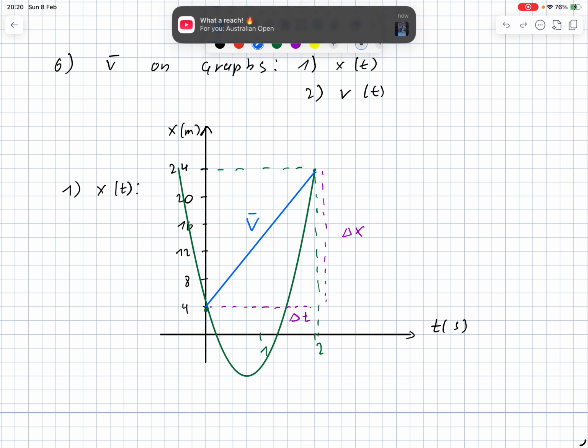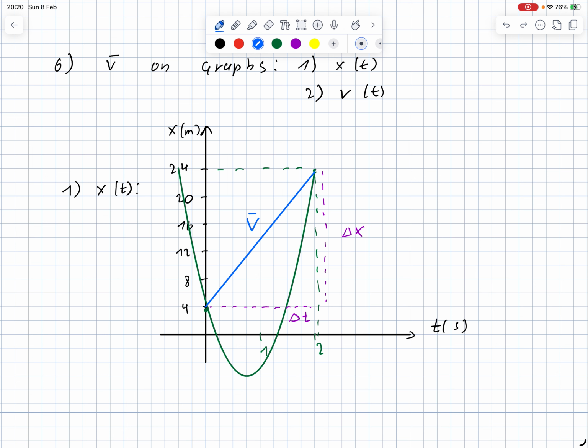I know that the initial position of this object at time 0 seconds equals 4 meters, and the final position at time 2 seconds is 24 meters. Okay, and if I want to calculate the average velocity, it's actually this straight line from initial position to final position. And as you can see, the slope is defined by delta x, which is 24 minus 4, which will give you 20, divided by